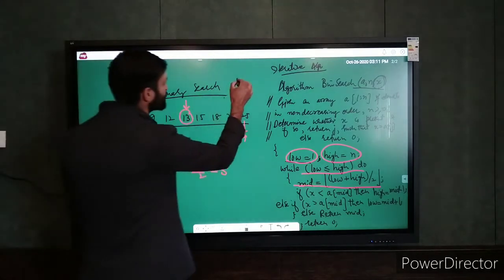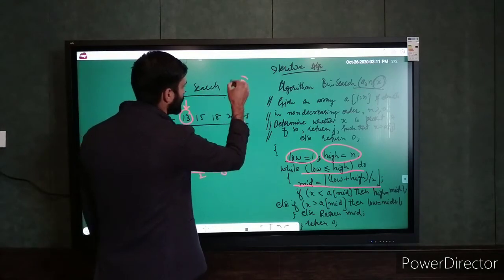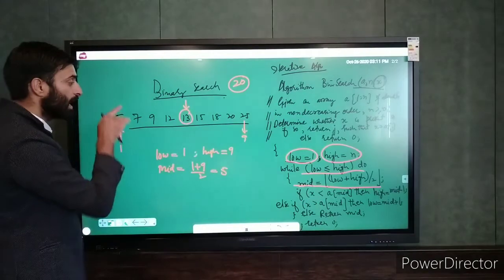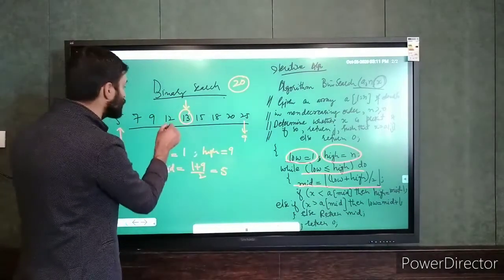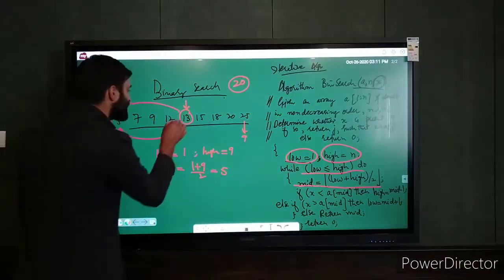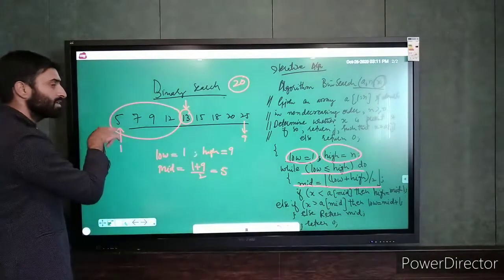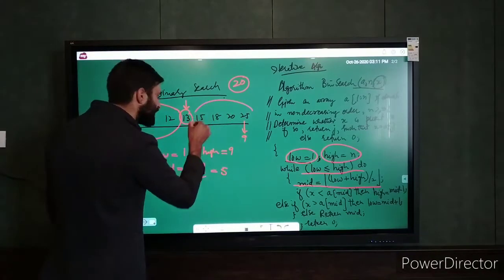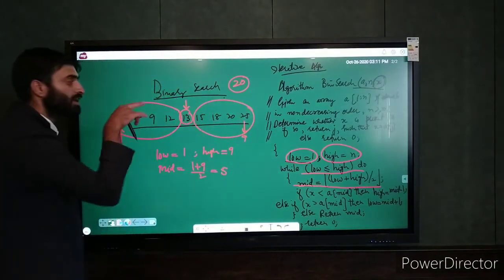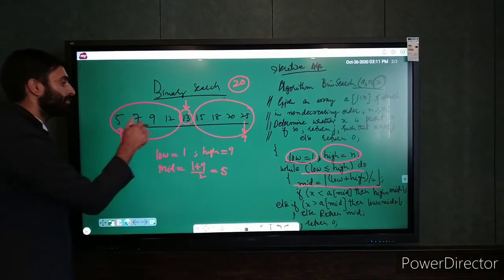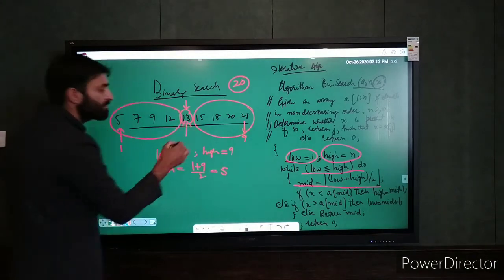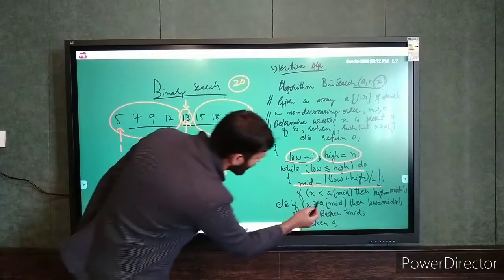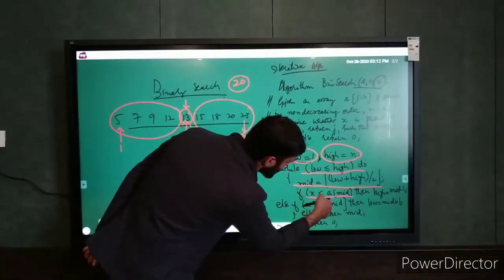Now here I have to check for my element to be found. Let us suppose I am searching for element 20. I have to compare my element with this mid. If my element is smaller than this mid, then I have to traverse only this array and find the element in this sub array, meaning the left smallest sub problem. And if my element is greater than this mid, then I have to search the right sub array only. And if my element is this mid element, then I will say the element is present and I have to return the element. Simple.